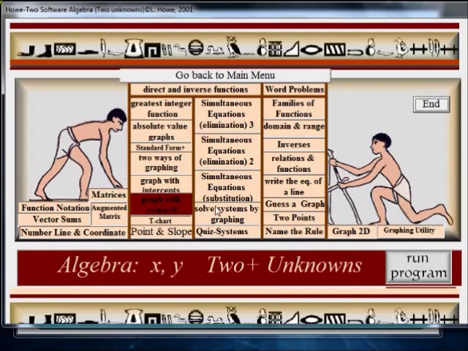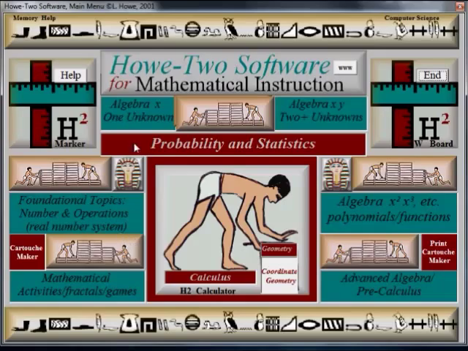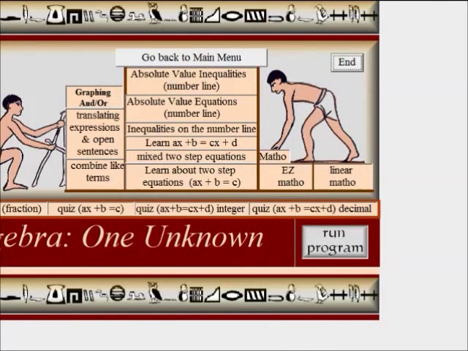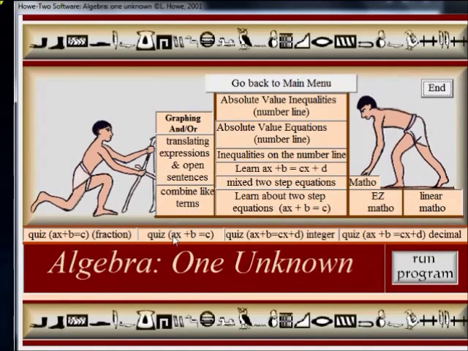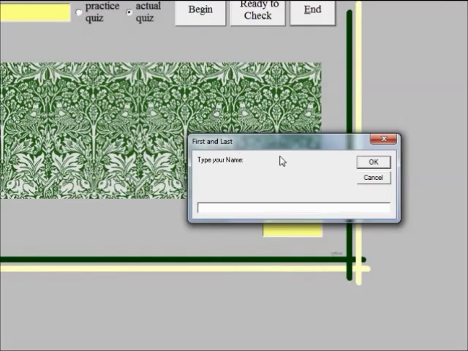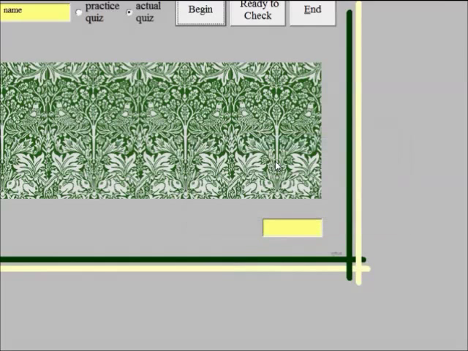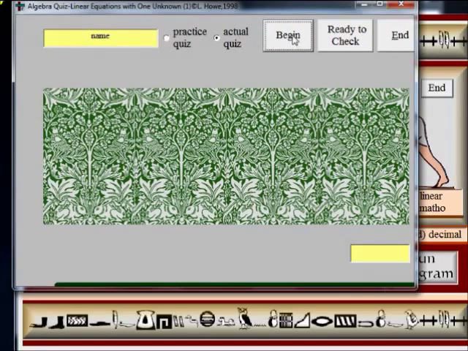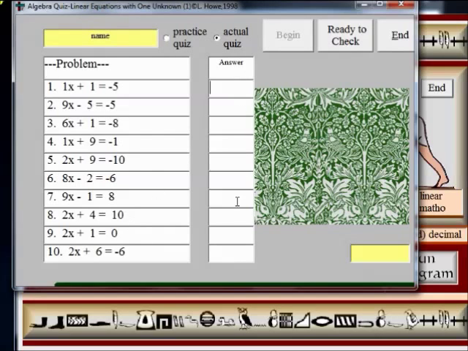Anything that says quiz is a self-grading quiz, and these can be used for a teacher who wants to get some sort of feedback with a little pain on their part. There's some simple equations. If it says quiz, the student types in their name, and then they hit begin, and they're given an equation. They put the answer in. When this gets checked, the quiz comes with the student's name, and if they say actual quiz, it comes out of the printer graded. Whenever there's a quiz, there's some sort of basic skill that the teacher can have an infinite number of